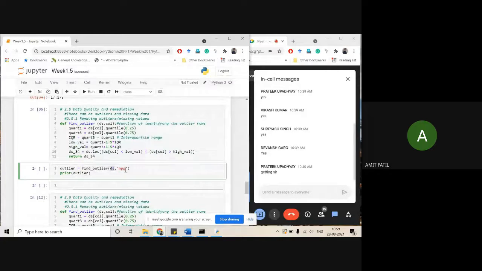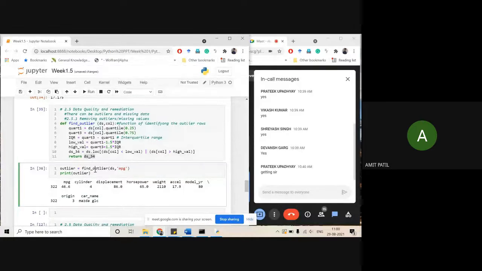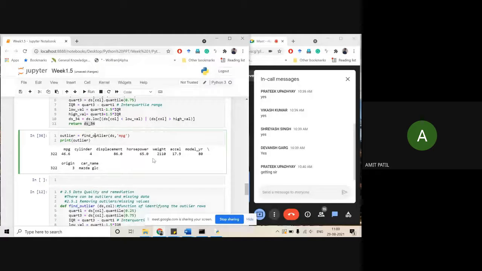Here ds is your data, then mpg is your variable name. From the ds data set, mpg is your variable, and the output will be stored as outlier. You see that in return there is only a single variable, so here also you put only a single variable. This is how you execute the function. Outlier will give you the mpg, cylinder, all these values.